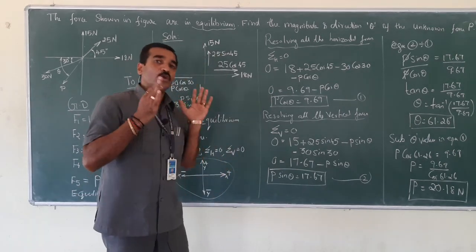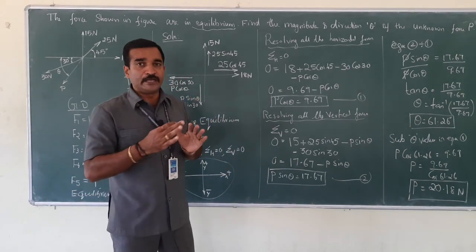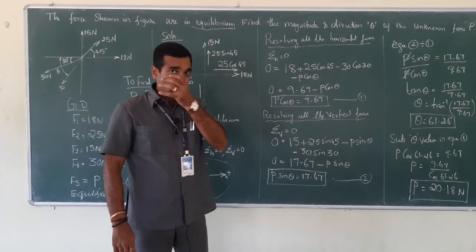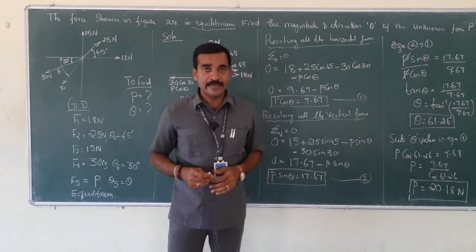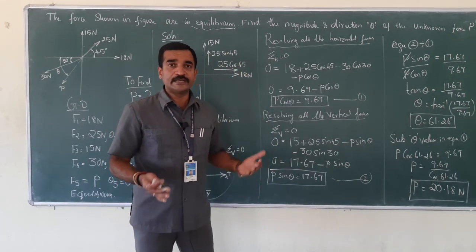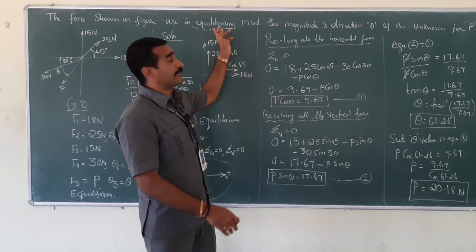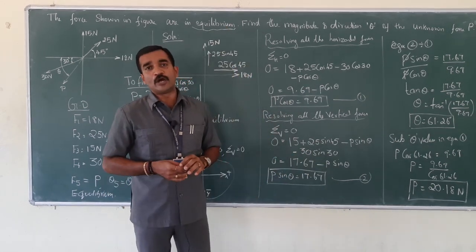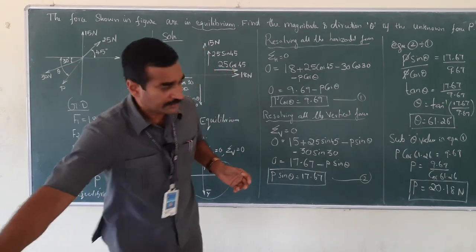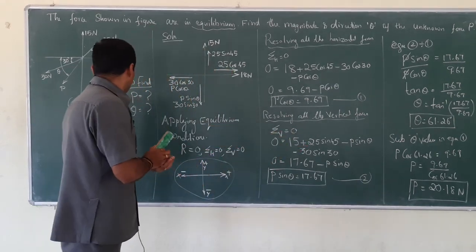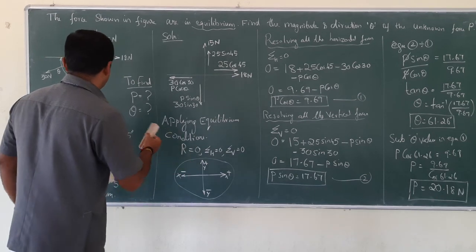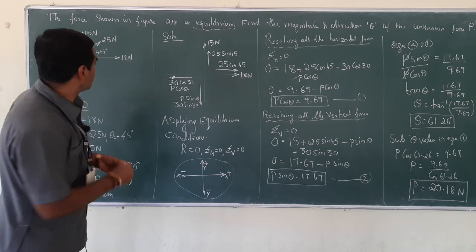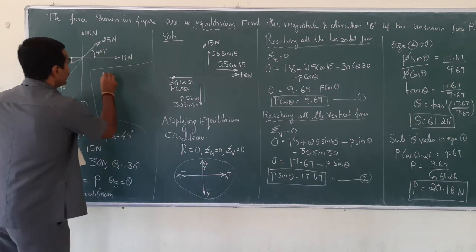If you read the question carefully, if any unknown is being asked, either the force or the inclination or the angle, they would have specified differently. That means they would have stated that it is in equilibrium condition or the resultant value would have been given here. So with this, I have not completed yet. I need to draw the resultant force here, right? So let me wipe this up here. I am going to cover up the result here.